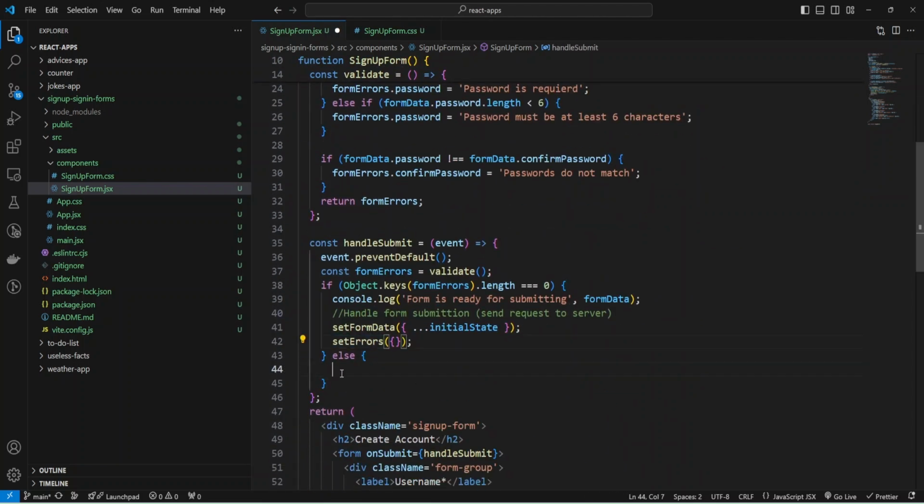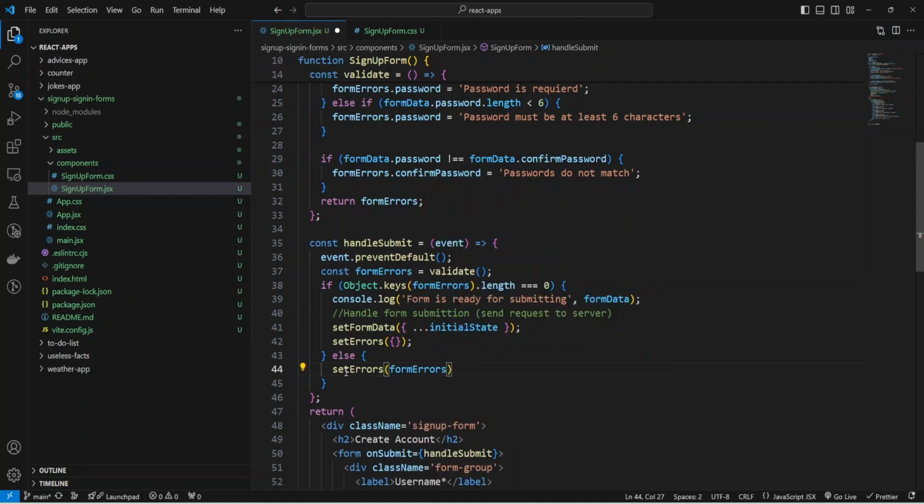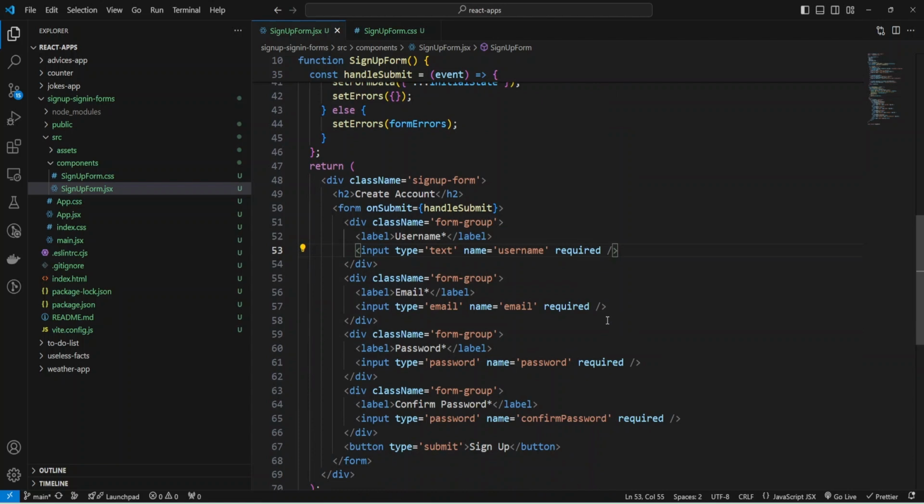Okay, and here we set errors into our state from errors. Now we need to add values and an onChange handler to our inputs and also errors. Let's do it.